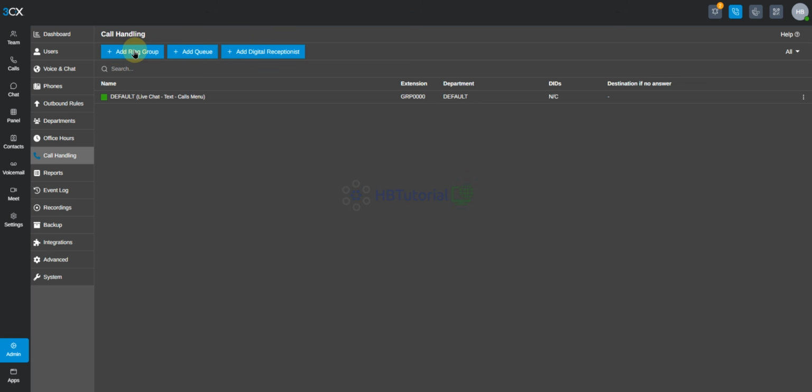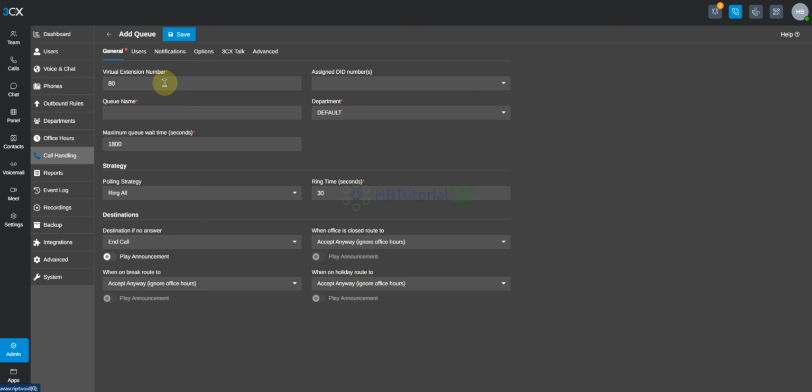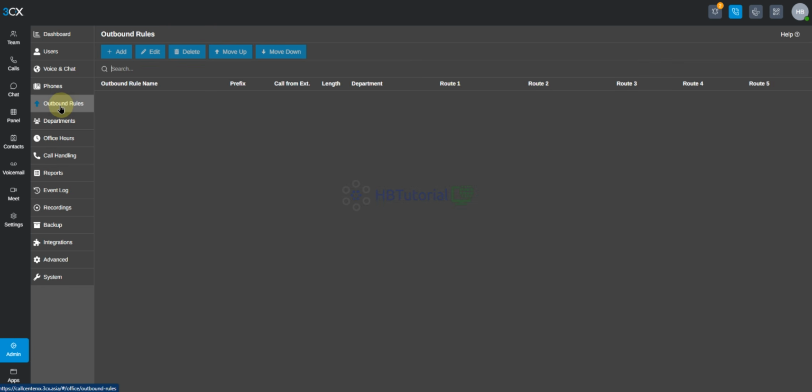For now we can add a queue group, extension 80. We don't have a DID yet. So first we will add the SIP trunk. Wait with me. So configure our trunk here.